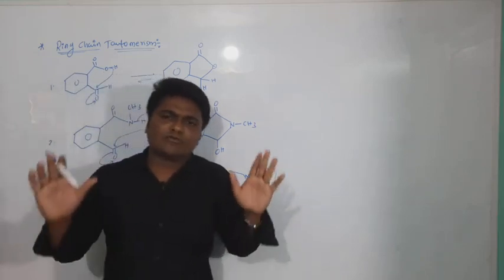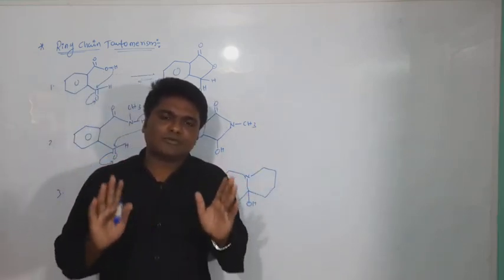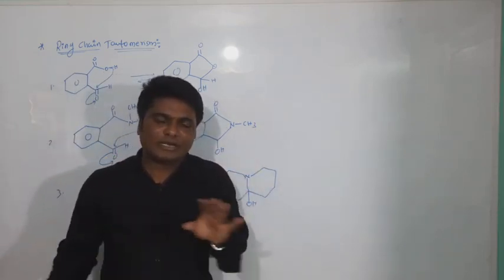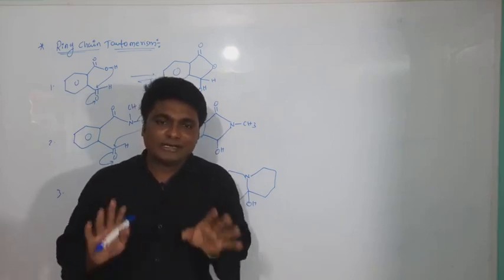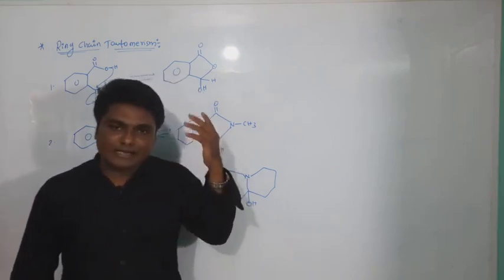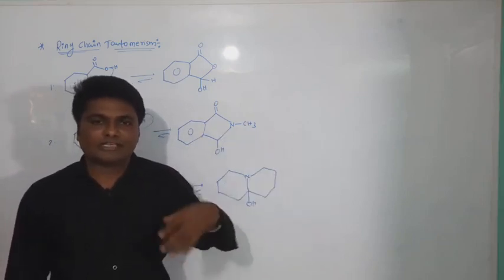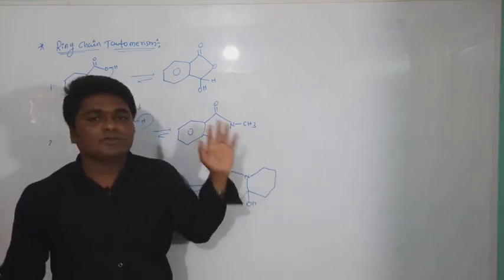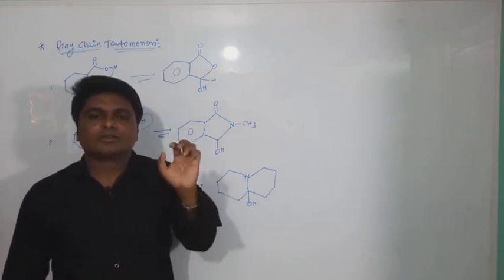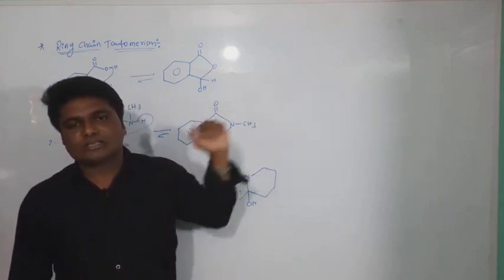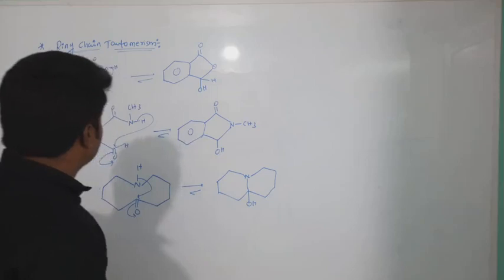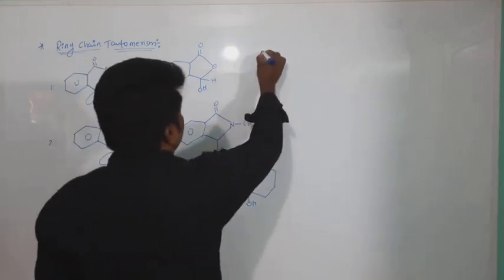Now I am discussing what the tautomers are, that is, the compounds which show tautomerism. I didn't explain any mechanism and I didn't say any percentage of enol, or which one is more stable, keto or phenol. I will explain that in a further class. First we are discussing only the compounds which show tautomerism. Now the last one is what?